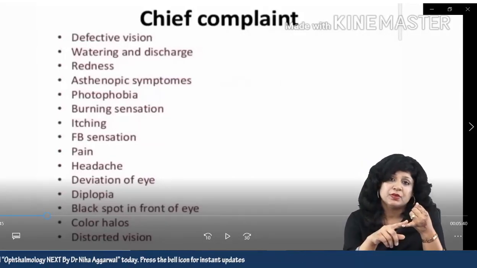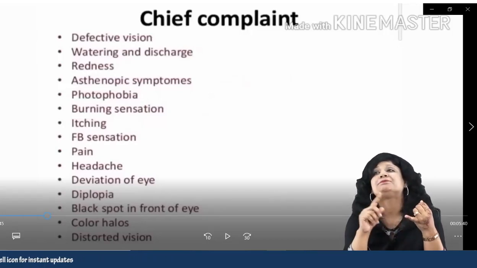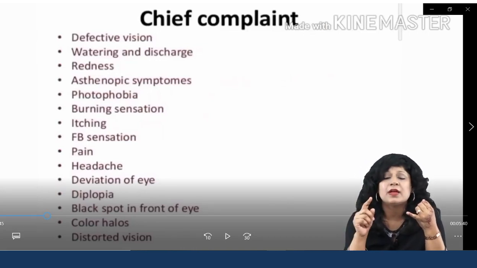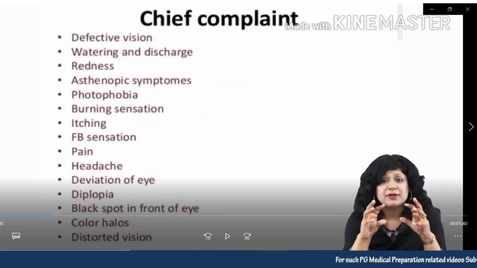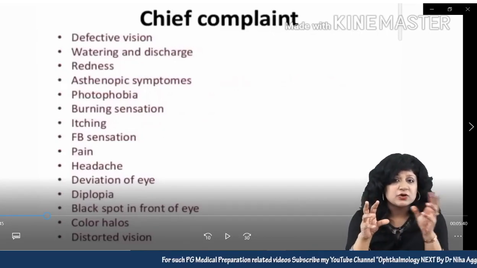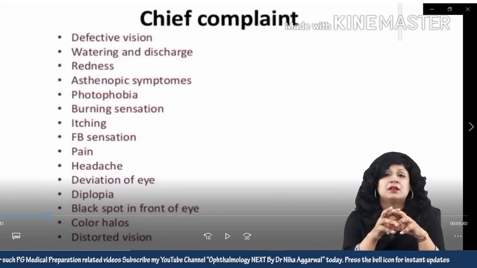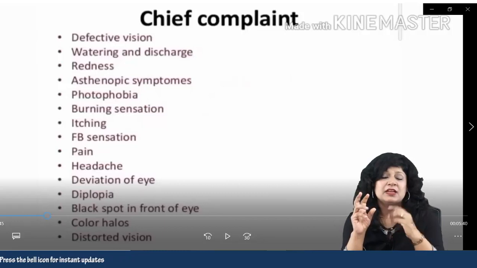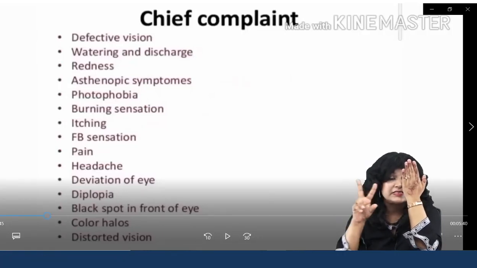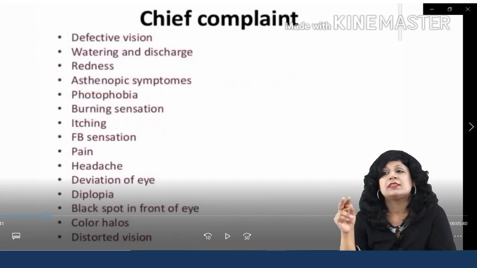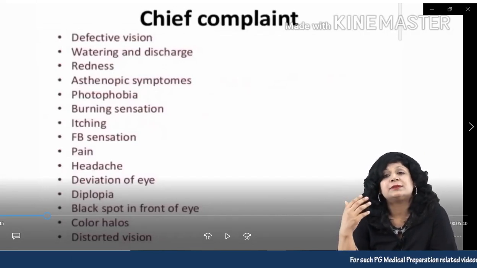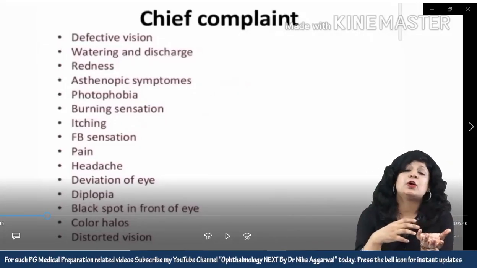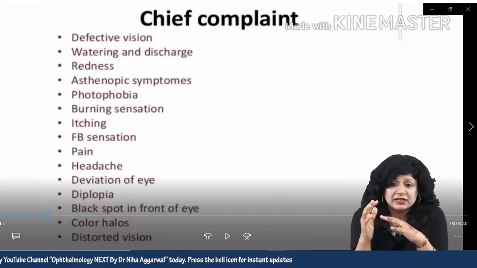Then the diplopia. Okay, ask for the diplopia. If the patient says yes, there is a diplopia, you have to actually explain to the patient what you mean by diplopia and what he or she is perceiving as diplopia. Maybe he is giving you a wrong impression. Okay, so you have to tell what is actually diplopia. Even if the patient is closing one eye and is still seeing two, you have to tell the patient. Then if there is a real diplopia, whether it's a diplopia or a polyopia, whether it's a uniocular diplopia or a binocular diplopia, you have to be very, very clear.